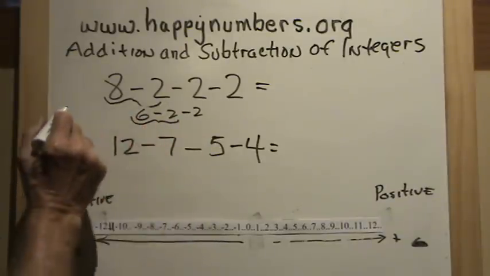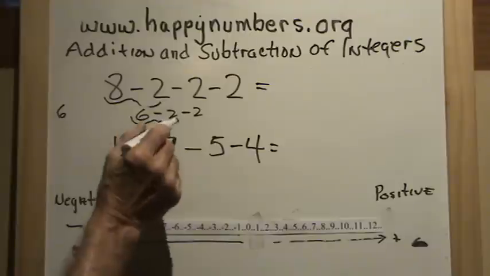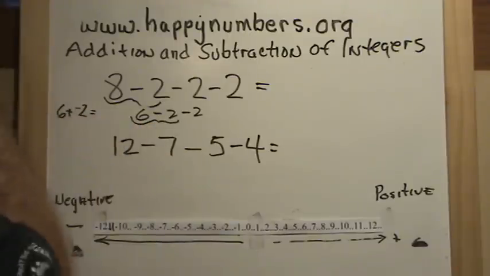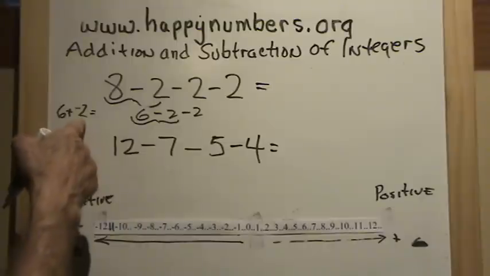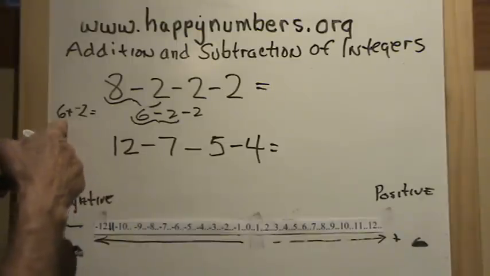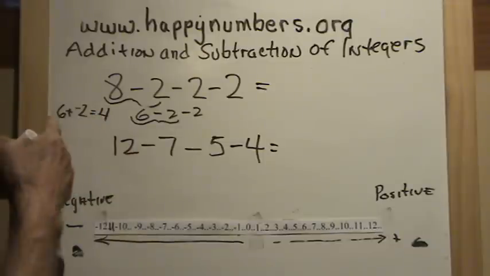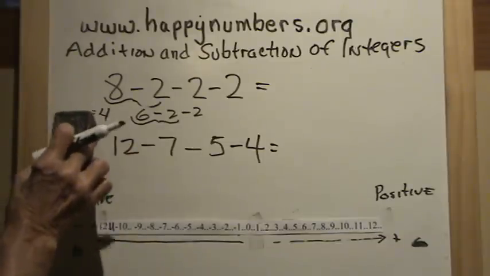And I'll work it over here. Okay, so I have 6 minus a positive 2. So I know I have to add the opposite, so it's plus a negative 2. And if I'm adding a positive 6 and a negative 2, I take the smaller from the larger, so I take 2 away from 6, that gives me 4. And I use the sign of the larger number, which is 6, which is positive, so it'll be a positive